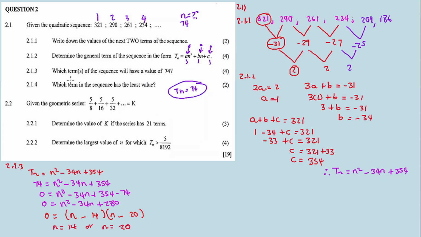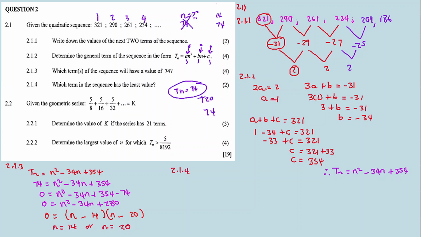Now we have two terms in the sequence with the value of 74. Term number 14 is 74. The other one is 20, term T20 is also 74. That's what the solutions for this 2.1.3 mean. Now we go to 2.1.4, where they ask us to find which term in the sequence has